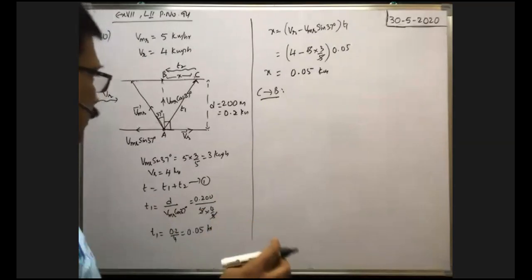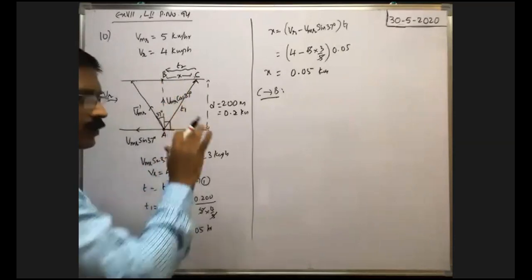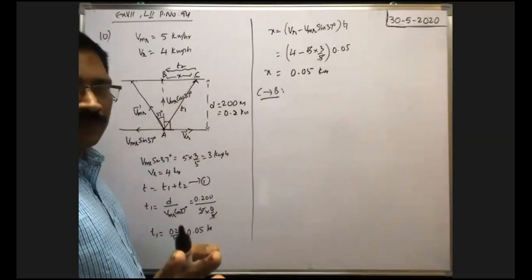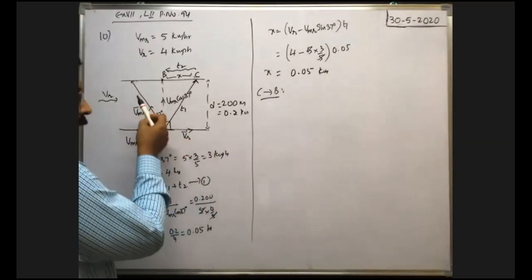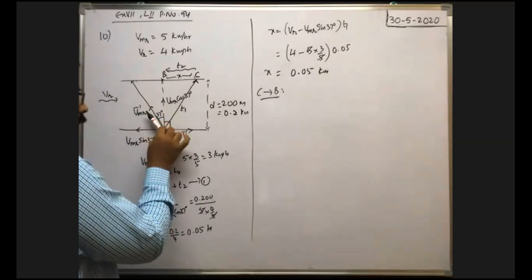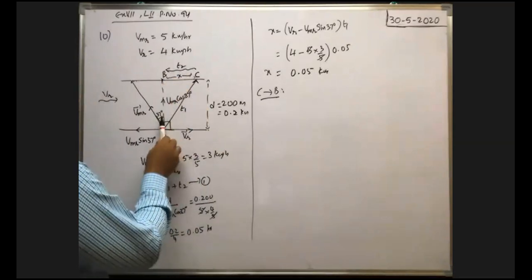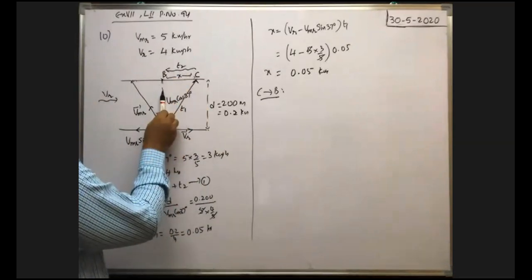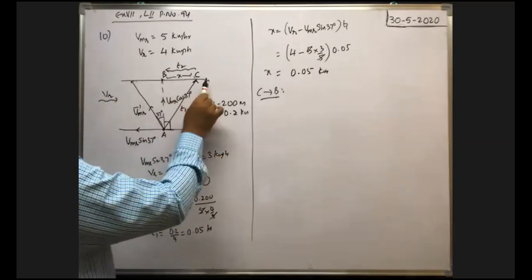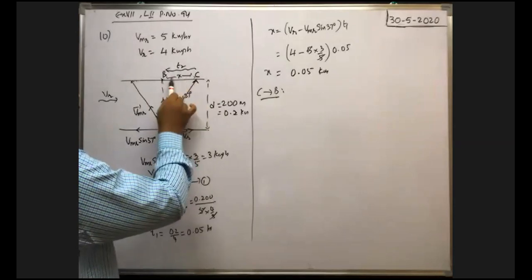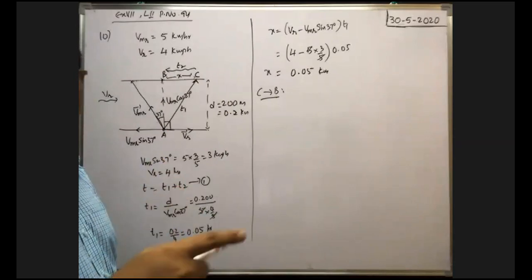No. Whenever the man swims perpendicular to the direction of the river flow, in that case we got that formula. Here the man travels upstream. In the case of perpendicular swimming, there is no component of velocity along the flow, VMR cos 90 is 0, so only VR velocity is there in this direction. So to find the drift, x is equal to VR into t. That is the case of shortest time to cross the river.